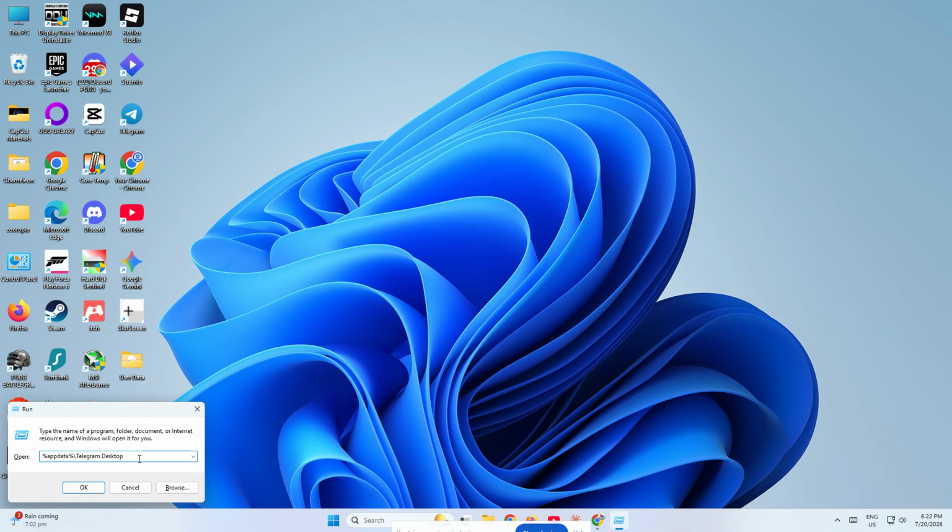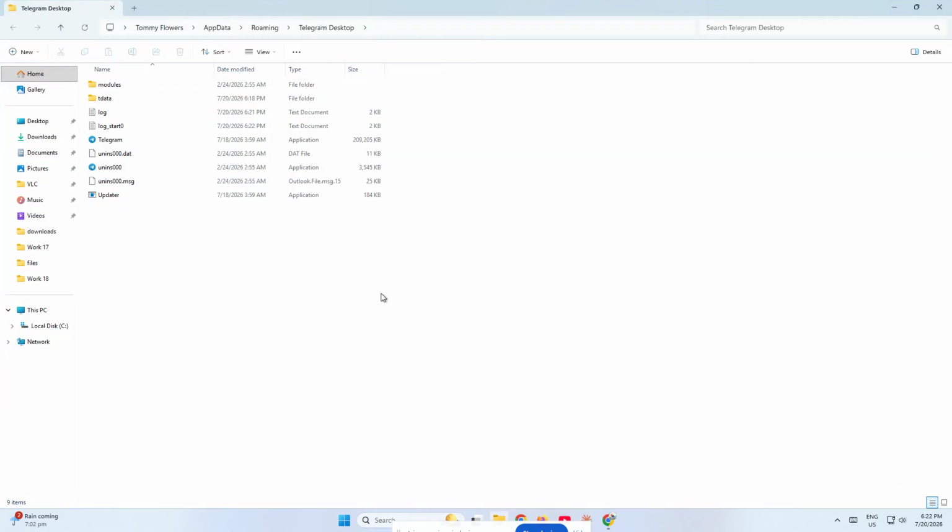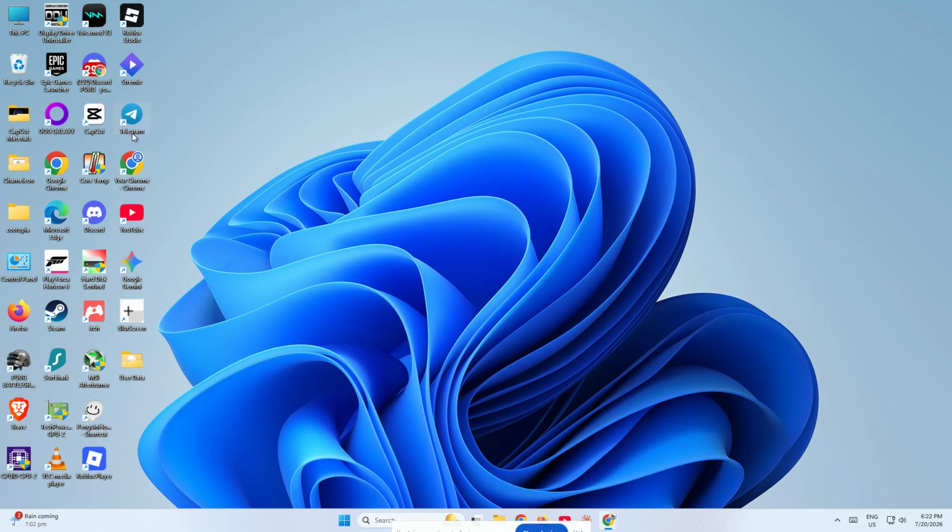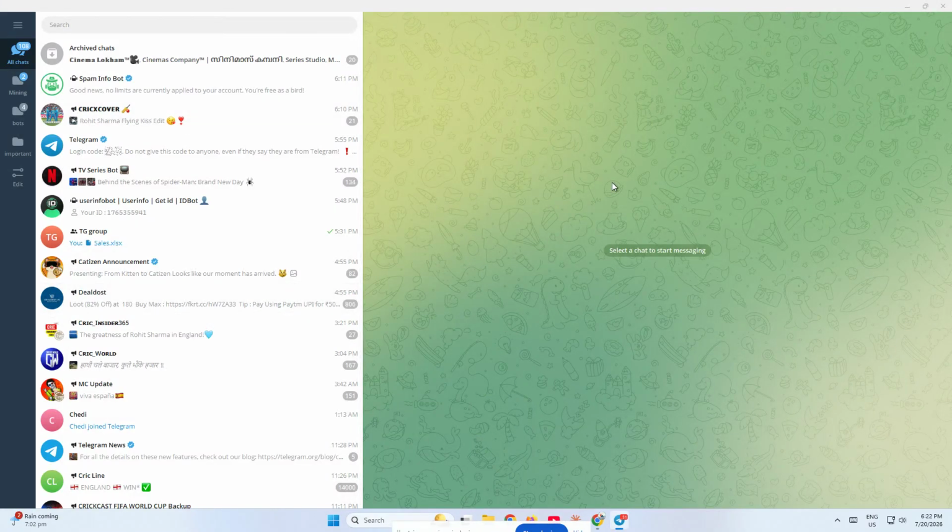A folder will open containing Telegram's local files. Inside that folder, delete the files and temporary data you see there. Again, this will not remove your chats through the cloud. It only clears local app files stored on your computer. After deleting those files, close the folder and relaunch Telegram. The app should rebuild fresh local data when it starts up again, which often fixes opening issues caused by corrupted